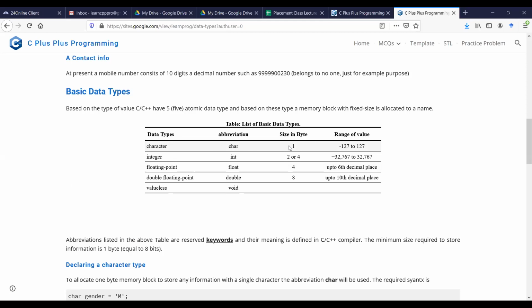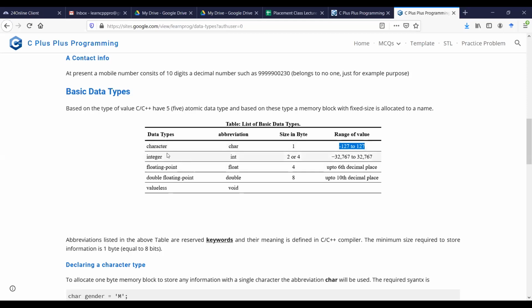But when it comes to a sign, a variable value can be negative or positive. Then this total range is divided into 2 partitions. Half of the partition supports the negative values from minus 1 to half of the range, and then from 0 to the positive side. This is the way I have also listed here.